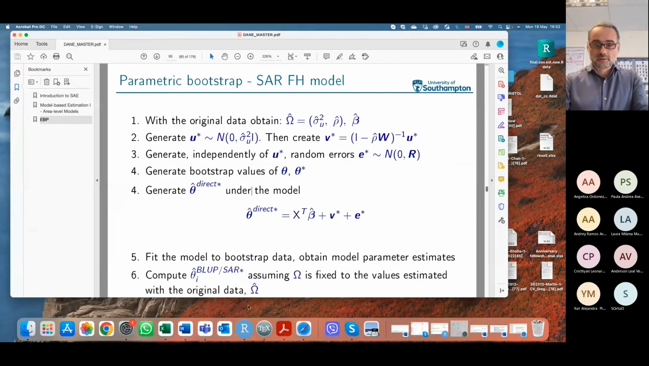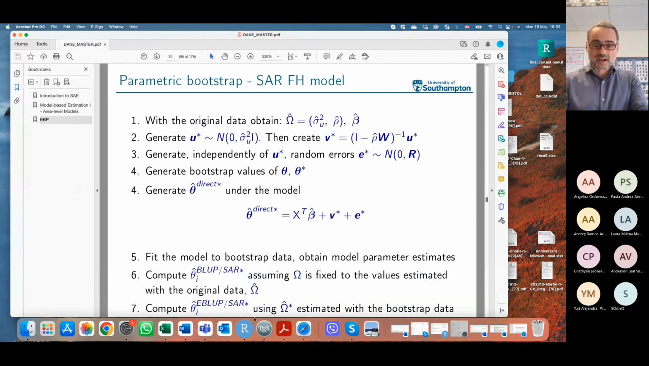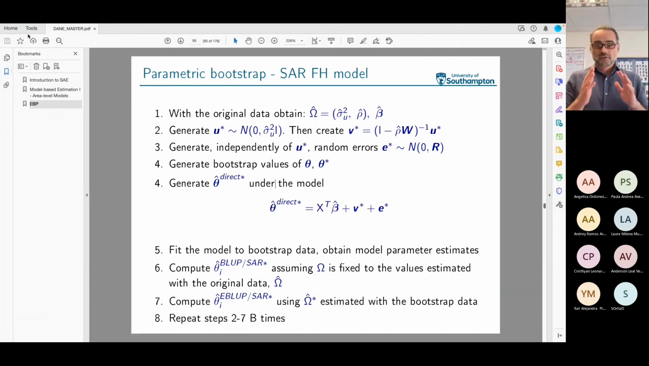So that comes into step 5. Step 5 effectively tells us to fit the model to the bootstrap data and obtain model estimates under this model. So we compute in step 6 the blob. Remember that the blob